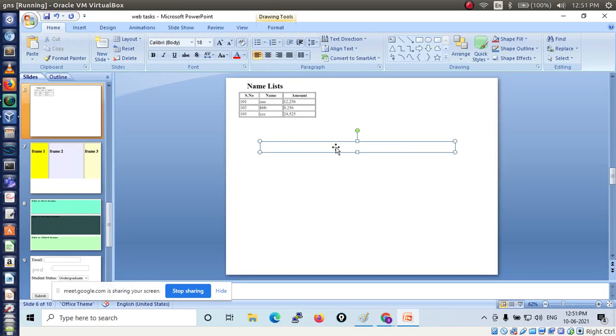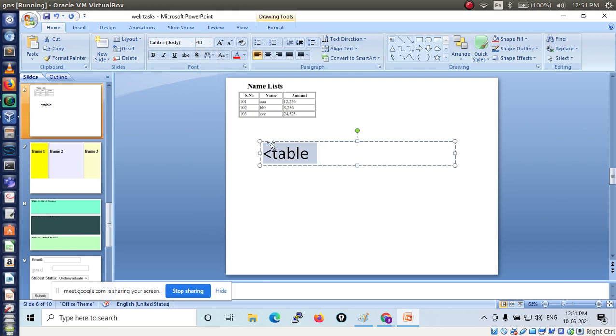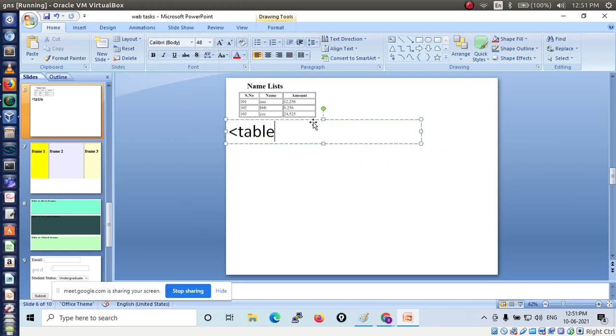See, first this is a table tag we are using here. So first we have to write the table tag, then we have to apply the border, because the border should be displayed on your website. So for that, table, then the border attribute, how much size you are displaying in the border, that you have to mention. I am mentioning 5.